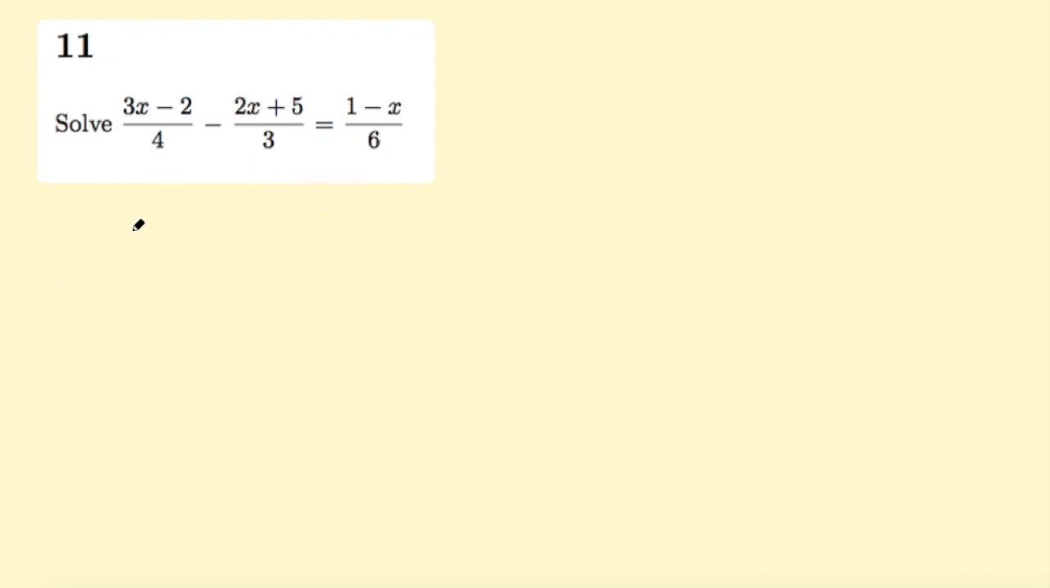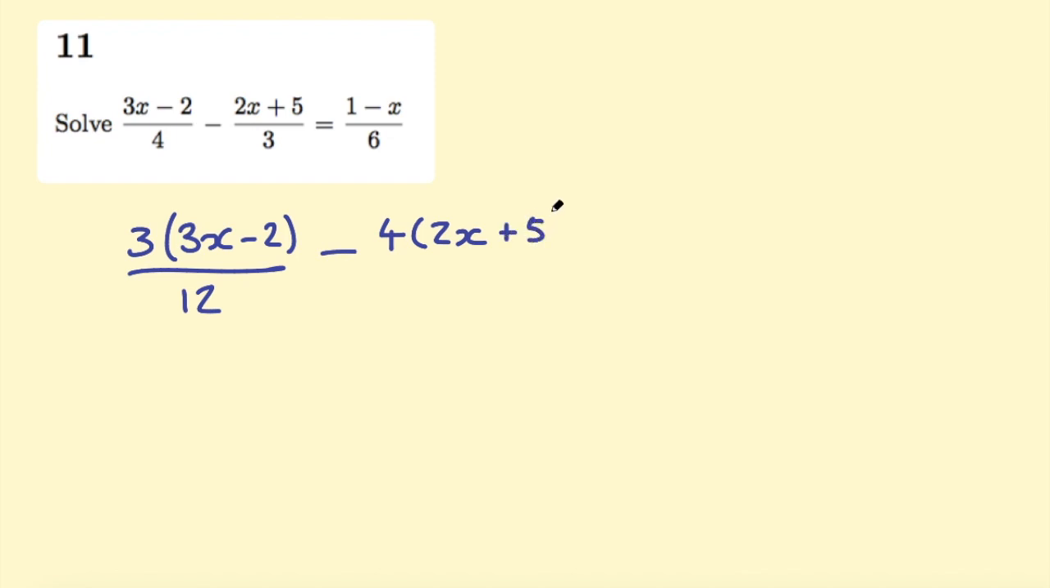So for this first one, I need to multiply 4 by 3, so I need to multiply the top line by 3 as well, and then that bottom line becomes 12. Here I need to multiply the denominator by 4, and that makes the denominator 12. And then on this side I need to multiply that fraction by 2 to make the denominator 12. And here I can cancel out the